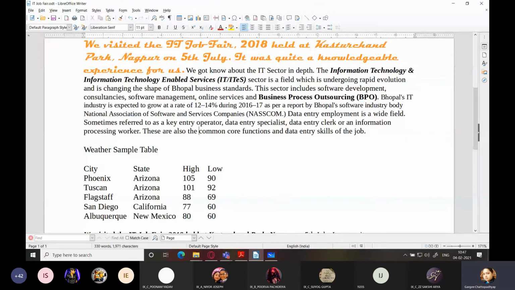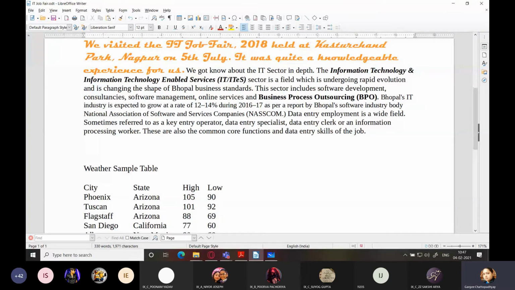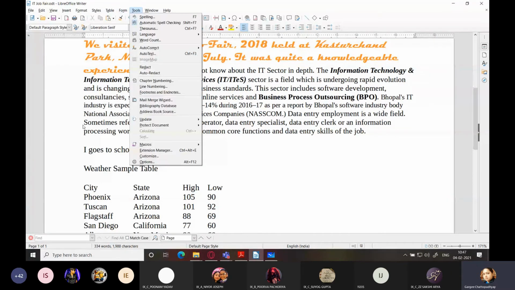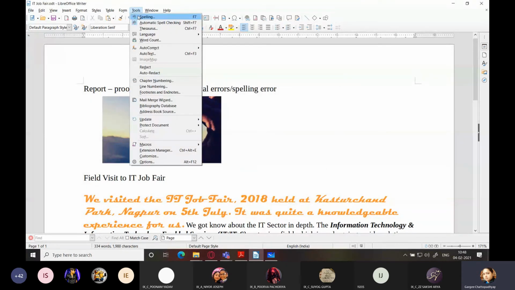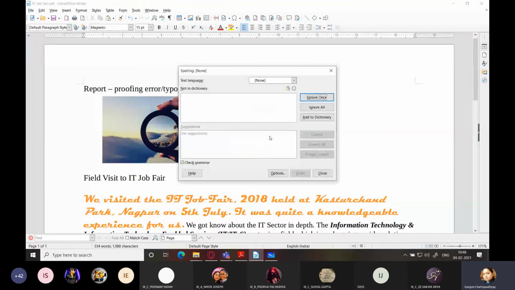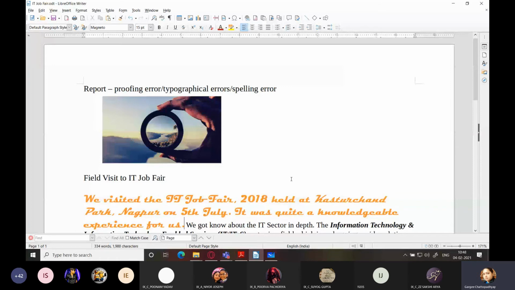So I'm just going to commit another mistake and see if we get, like, suppose I write here. Let's see if I get any grammatical error over here. So again, I'm placing my cursor here, Tools, Spelling and Grammar. Continue checking from the beginning. It is still giving me spell check is complete. Let me uncheck and check this once again and try to check if there is a problem. So I go to Spelling and Grammar. It is still giving me spell check is complete.